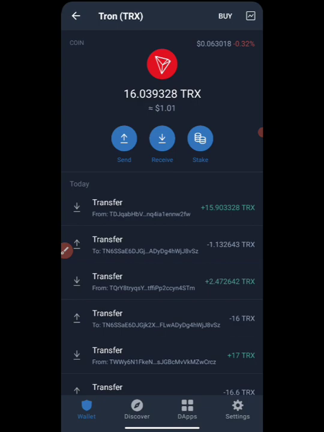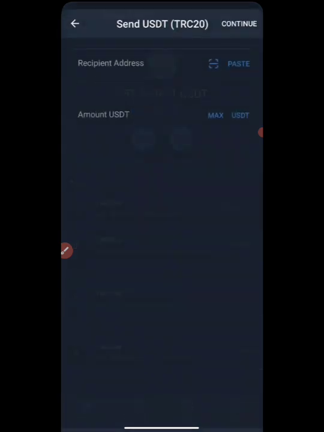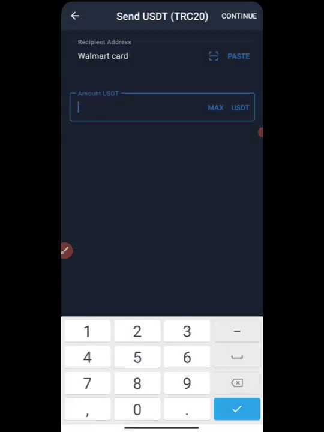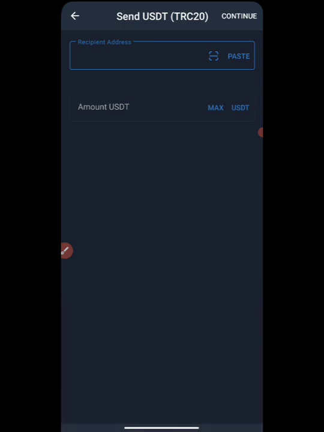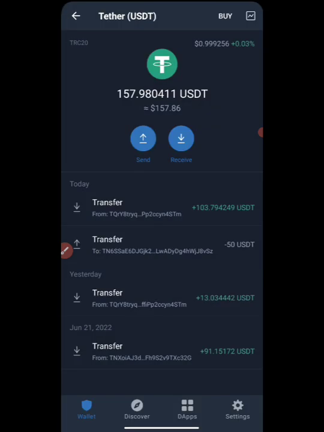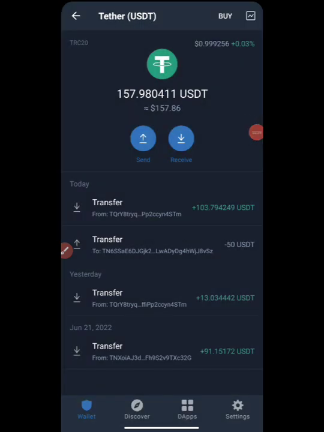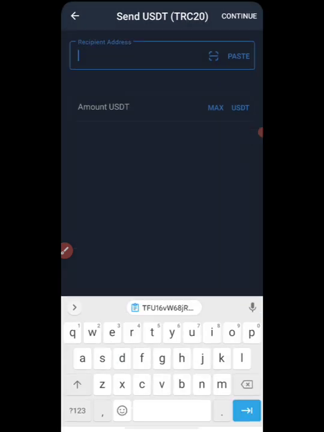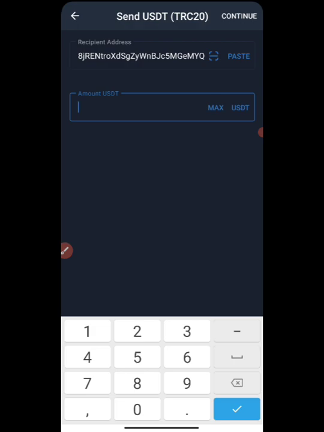I'm going to go straight here, then come back to this particular area to make a withdrawal. Then I'm going to click on paste. Okay, I think I'm not having my wallet pasted there. Let me try to copy out where I want to send this to. Okay, you can see, I'm going to click on send right now. Then I'm going to paste this and click on the amount I want to send. I'm sending maximum. Then I'm going to click on continue. Let's see the logic right now.